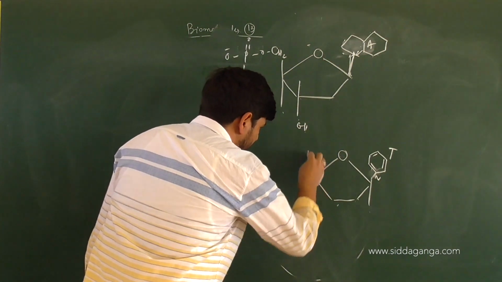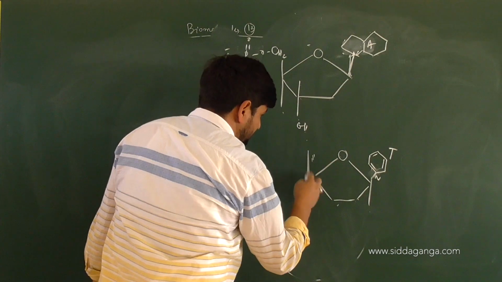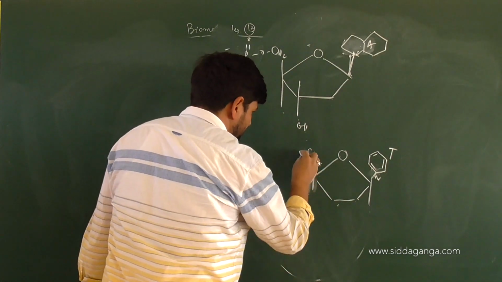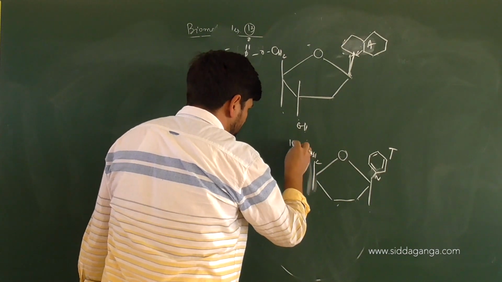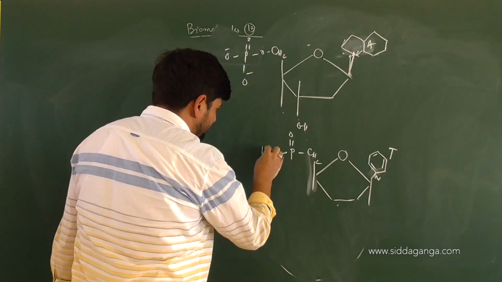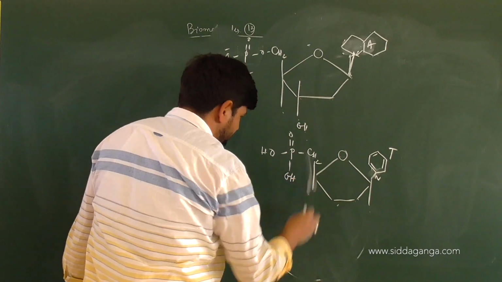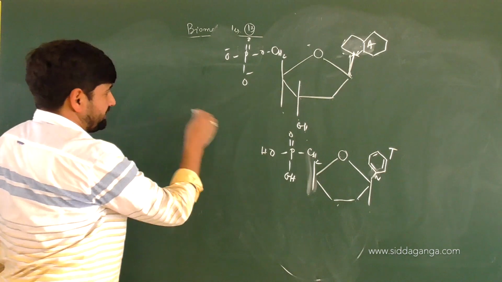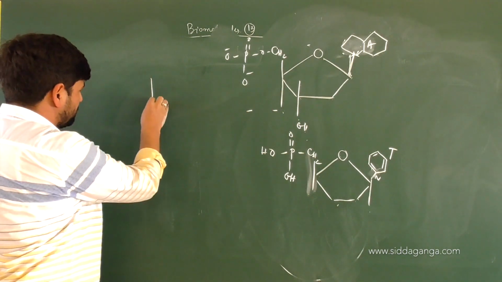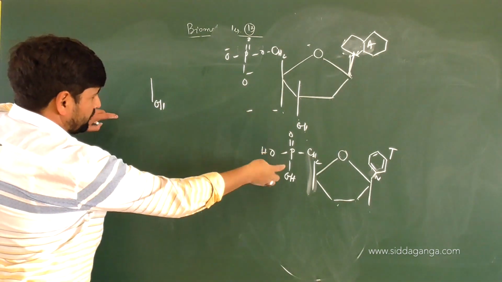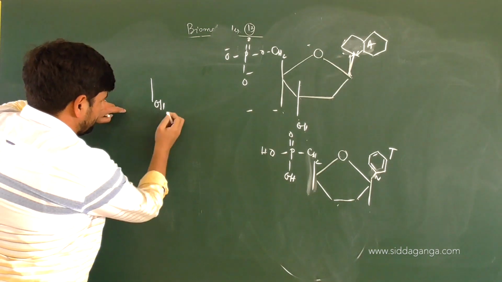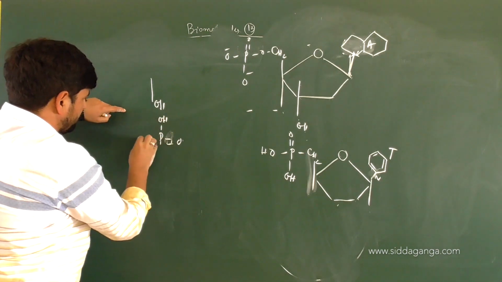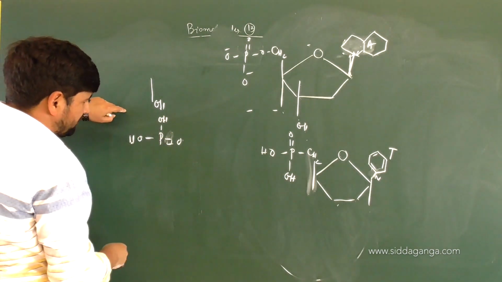Now here what we have? We have this thing, you should keep it in mind. We have CH2, then you have P double bond O, then actually in the medium it will be OH, this will be OH. Yes or no? How will the reaction happen? I am taking that out. So we got OH here. I will rotate this down, it will be P double bond O. Here we'll have OH. Actually it will be in dissociated form in the medium.